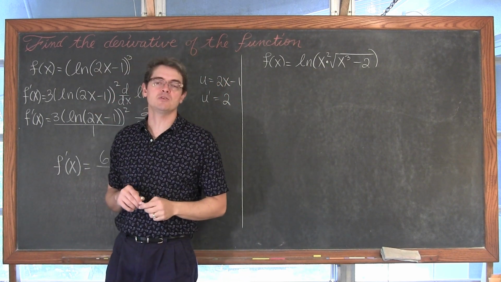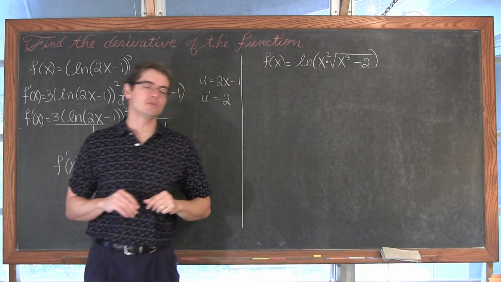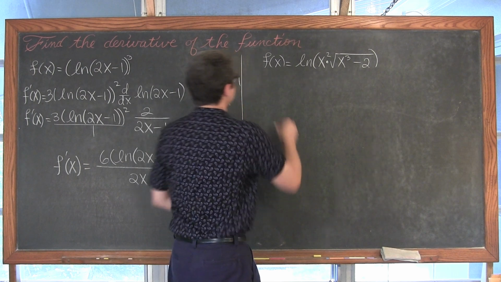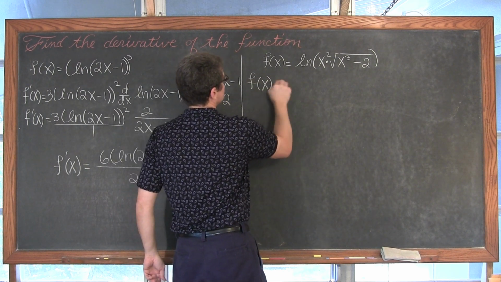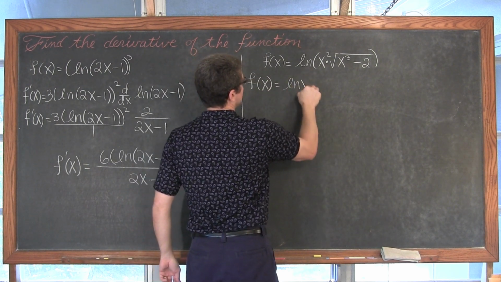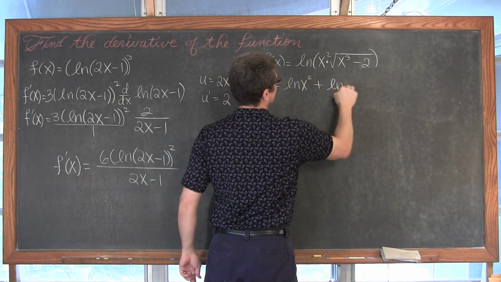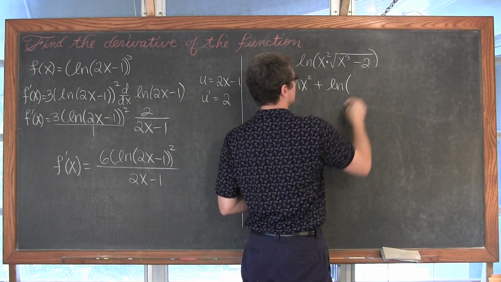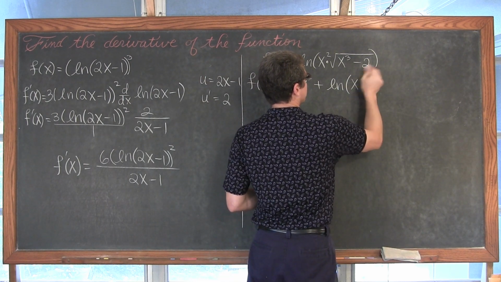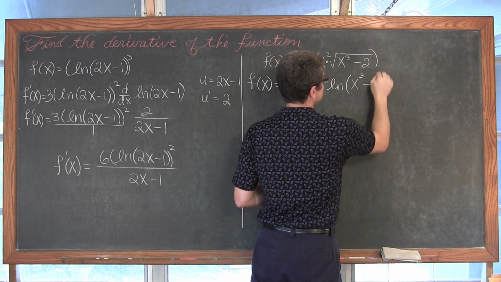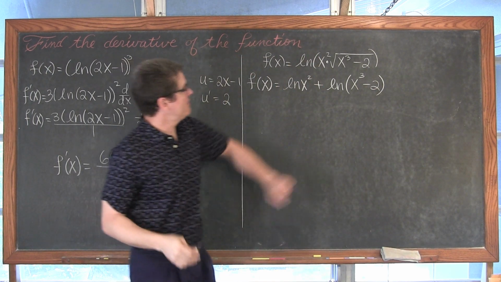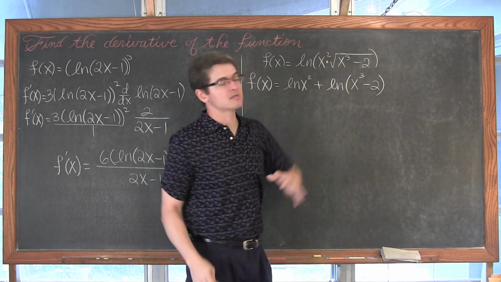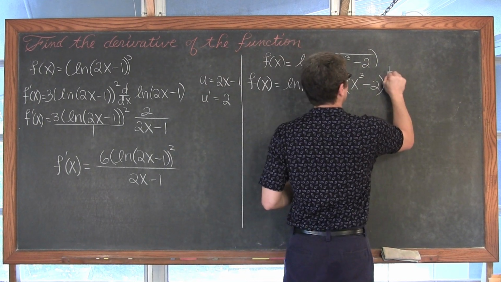So, like our property page said, the natural log of AB is equal to the natural log of A plus the natural log of B. So we're going to expand this out. We have f of x is equal to the natural log of x squared plus the natural log of, and I don't like working with radicals inside my math work, so we're going to wrap this in parentheses, write x cubed minus 2, and we have no parentheses or powers inside here, so that's going to be raised to a power of 1, and we have an index of 2, so it's going to be raised to the 1/2 power.